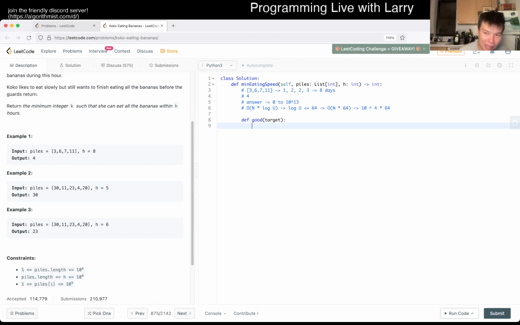Okay, so now that we have that, we do a feasibility study, and then we go, okay, let's say we are given a target. You can implement this in any way, but the way that I would implement this function, and I always label it good, maybe it's not a good name for it per se, but maybe you could say, is yielding speed enough, right? Let's say we're given this target speed, and is this speed enough? And so now we just count the number of days, right? Days is 0, for x in piles, days we add, which is of course equal to